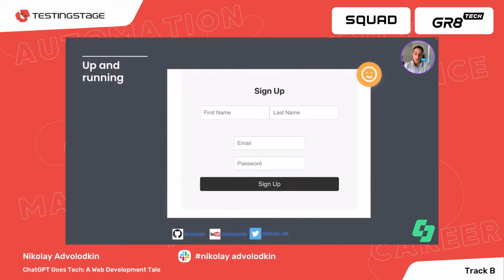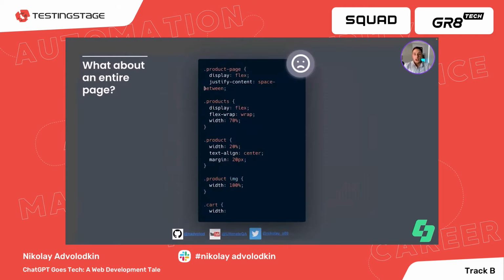And it does work. Where I initially started was trying to see if it can create me an entire page. I wondered, what can it actually create, like a landing page, for example? And there it didn't do so well, because as you'll see, one area where ChatGPT continues to struggle is whenever it has to print out long forms of text, it will cut off parts of the CSS.